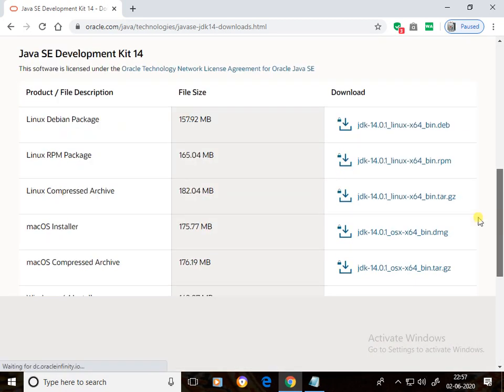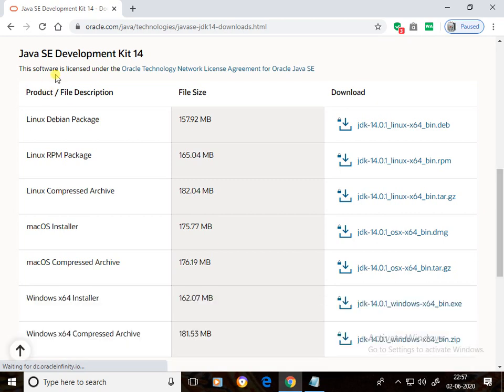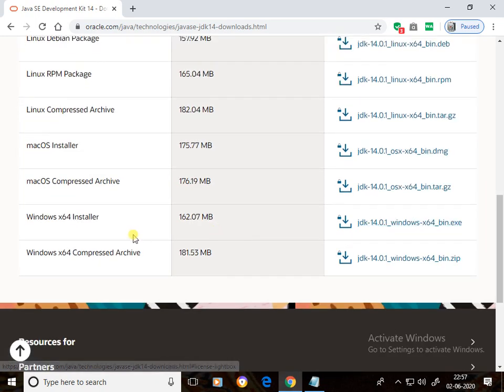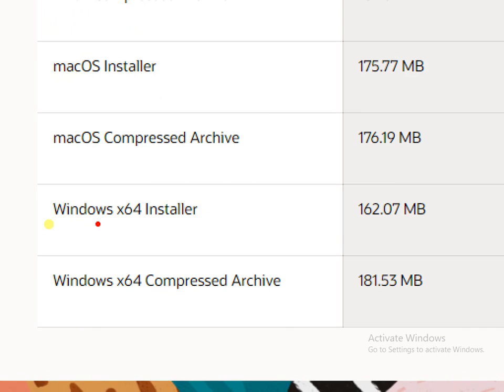Here Java 14 is available for Linux, Mac OS and Windows operating systems. Suppose you are using Windows operating system, then Windows x64 installer.